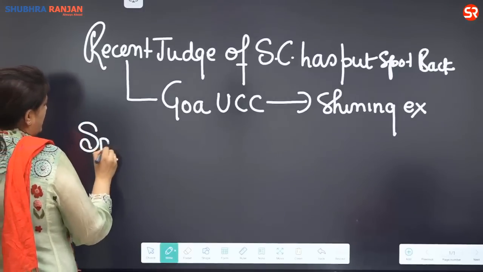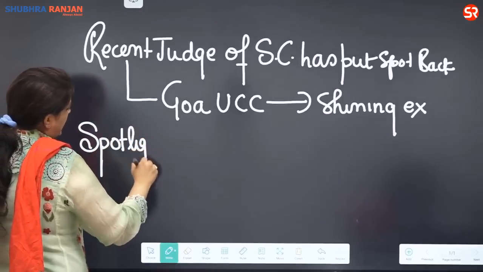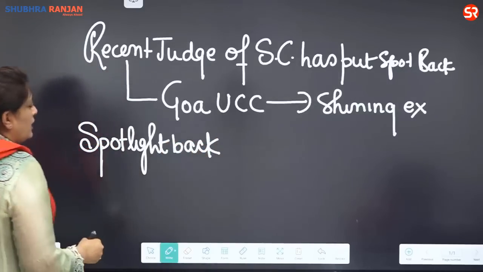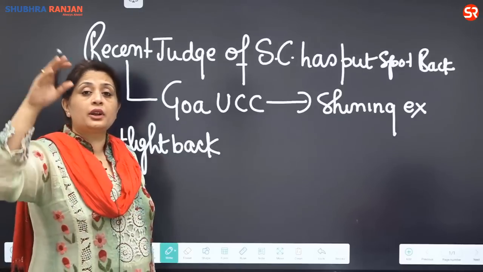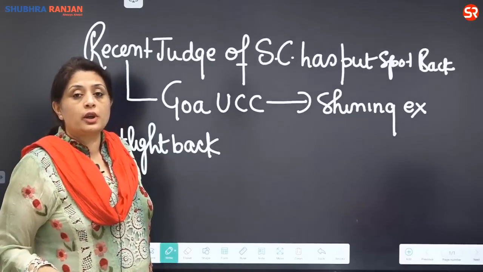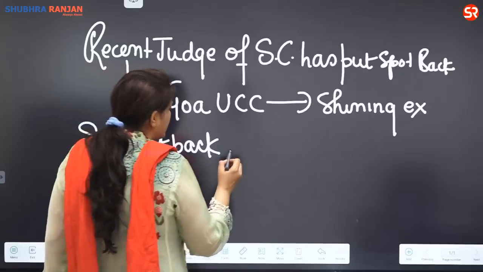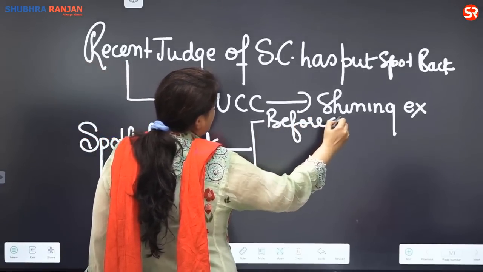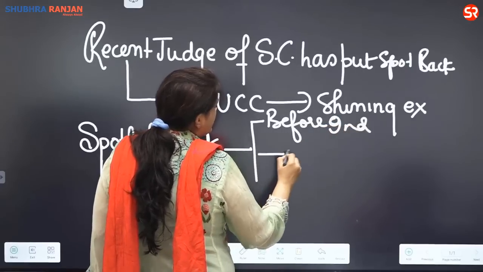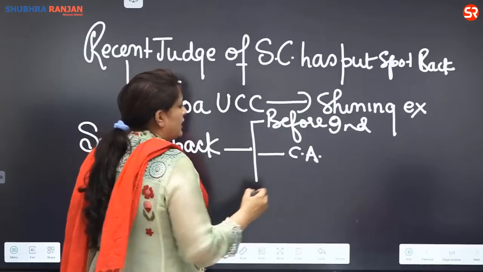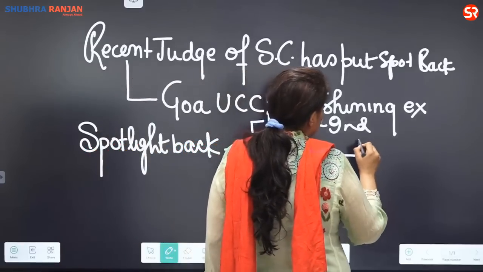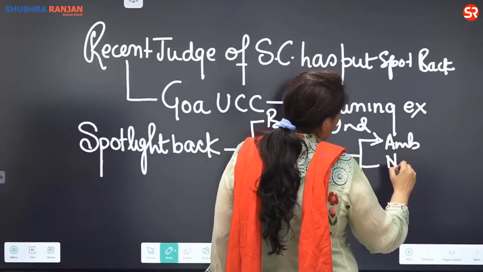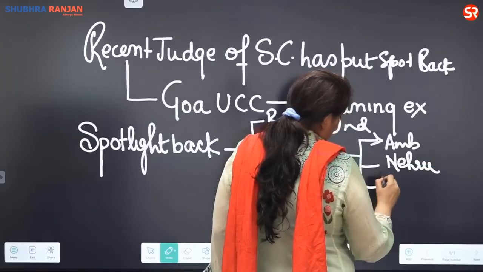It has put the spotlight back. It means the Uniform Civil Code has been a matter of debate. Either you can go to the First Law Commission or you can just write from the Constituent Assembly. So even before independence it was debated, in the Constituent Assembly it was debated. Then the prominent persons you can mention are Ambedkar, Pandit Nehru, Hansa Mehta,